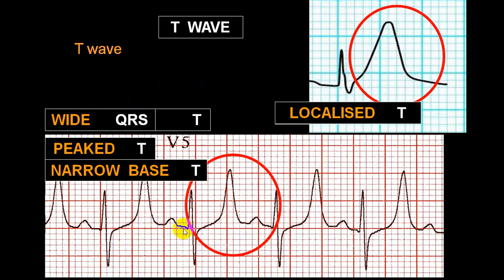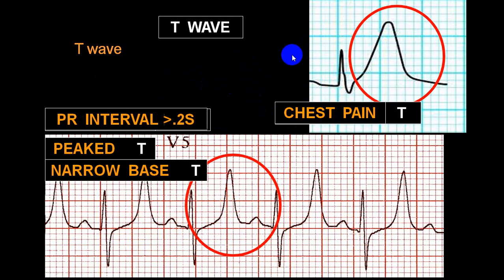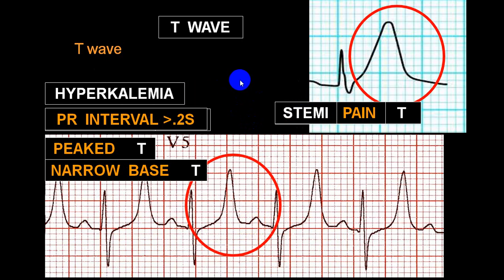The QRS complex invariably will become wide. We'll show you in another ECG. Here it is not clear cut, but we'll show you that ECG. In that, the QRS complex will become wider. This person will very frequently present with chest pain. Here, the PR interval will get prolonged, will be longer. Then the P wave will disappear and the QRS complex will become wider and wider. This is classical of STEMI. This is classical of hyperkalemia. You must differentiate these two conditions very clearly.